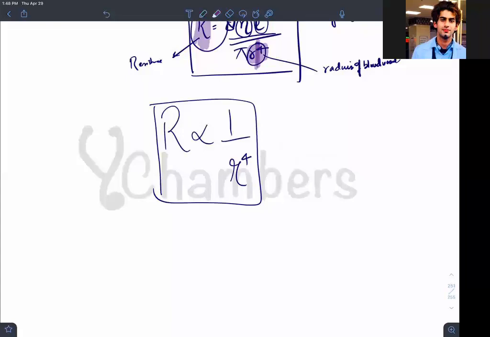Let me change this radius value by a simple 2. This is the simple layman example. Let me substitute the value of this radius by 2. R is inversely proportional to radius to the power 4. What is the value of radius? It's 2. 2 to the power 4. That means we have to multiply 2 four times. 2 2s are 4, 4 2s are 8, 8 2s are 16. Oh my God. It's inversely proportional to 16.